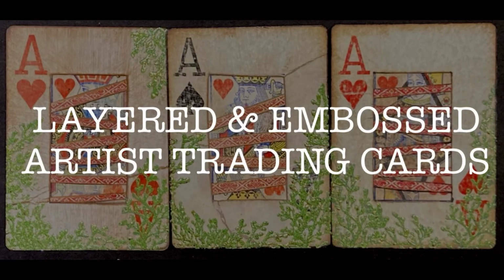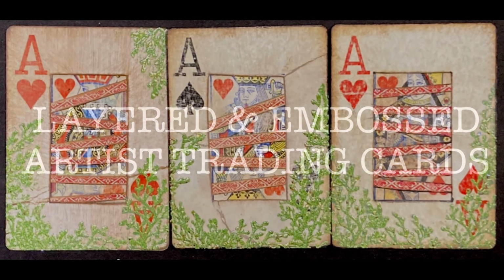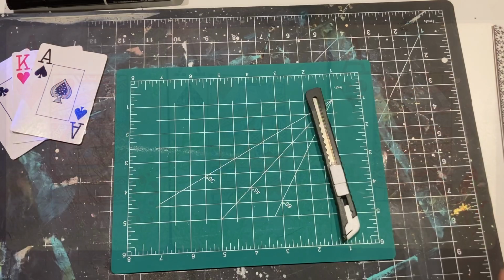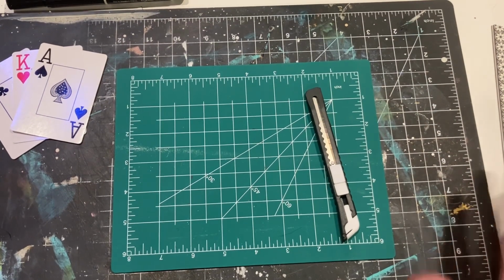Hey artists and creators, Jstar here, and today I'm going to show you how I made these layered and embossed artist trading cards. So I've laid out some of my supplies and I've just realized that this is a total